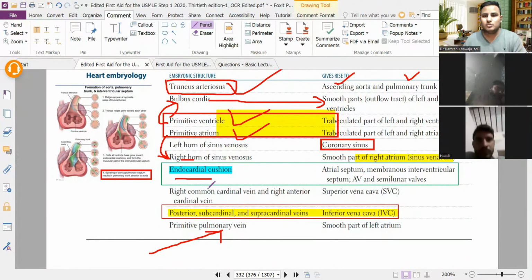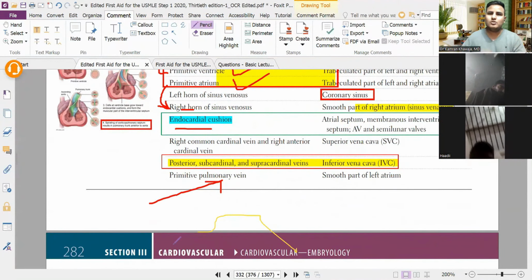ओके, तो यहाँ तक ये हो गया। उसके बाद हम आ जाते हैं एंडोकार्डियल क्यूशंस पर। मैंने आपको बताया एंडोकार्डियल क्यूशन सब कुछ बनाता है, एट्रियल सेप्टम, मेम्ब्रेनस इंटरवेंट्रिकुलर सेप्टम, एवी एंड सेमिलूनर वाल्व। अगर आपसे पूछे कि विच ऑफ द फॉलोइंग स्ट्रक्चर मेक्स द वाल्व, तो आपने एंडोकार्डियल क्यूशन ही लगाना, वही वाल्व बनाता है, ठीक है।